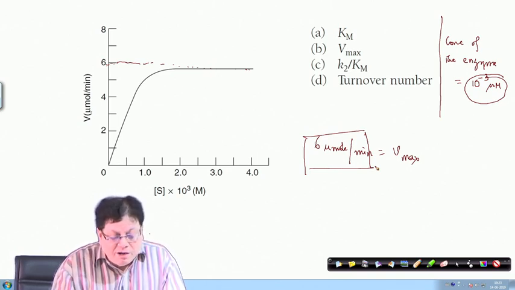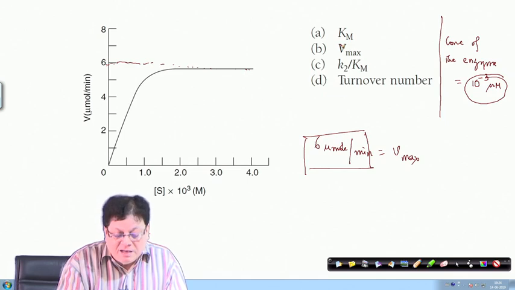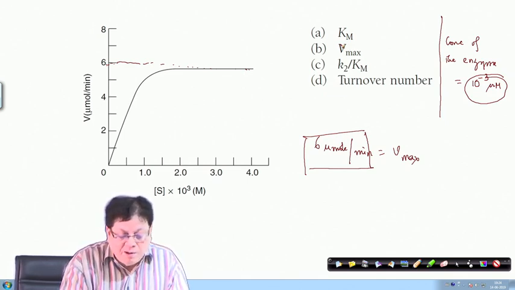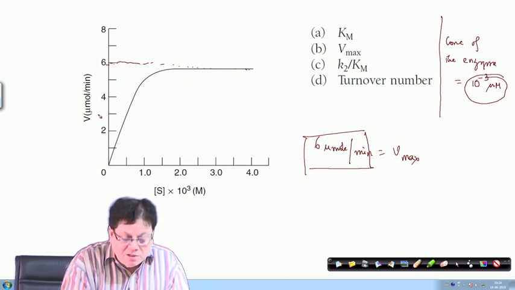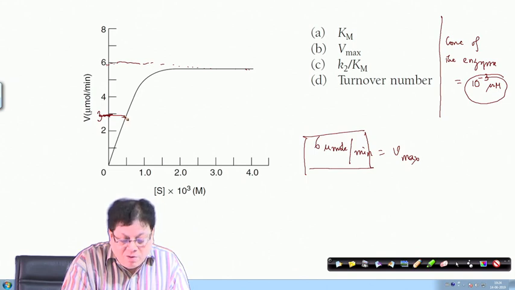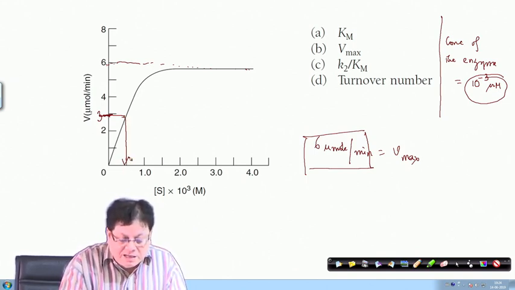Now, how to calculate the value of Km? Km is basically the substrate concentration needed to reach half of Vmax. So, what is half of Vmax? This is 3. So, half of Vmax is 3. This is the line denoting half of Vmax. You just draw this line and then see what the value on the x axis is. The value on the x axis I see is